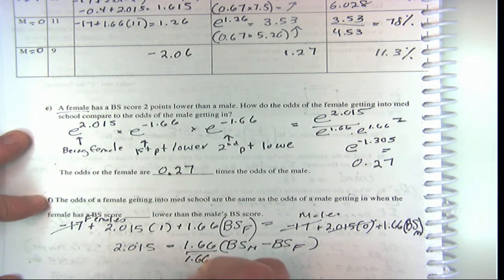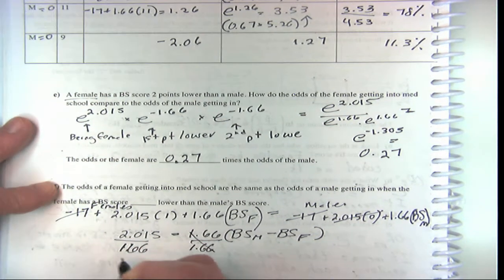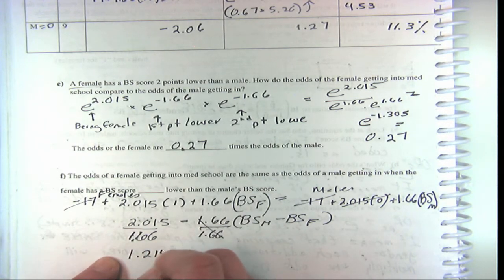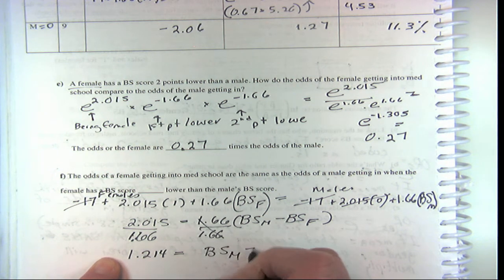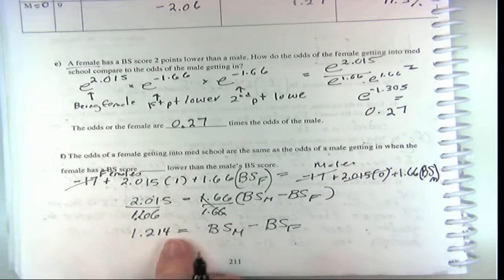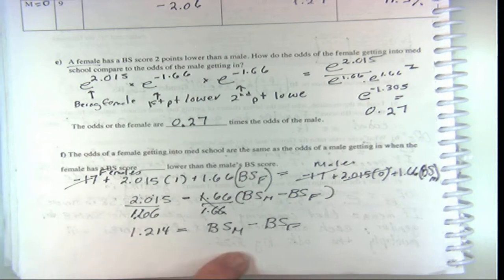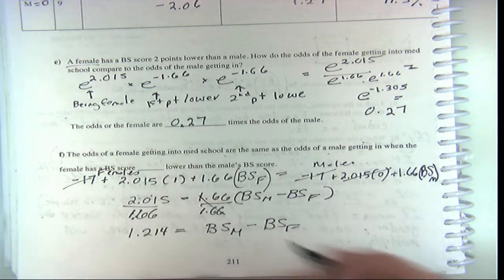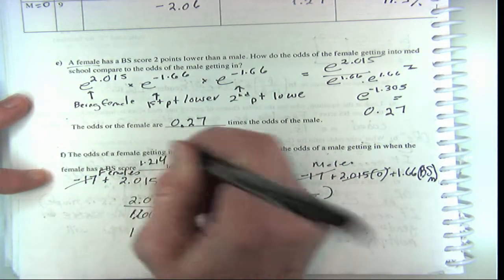We'll divide both sides by that. And that is their difference. 1.214 is equal to the difference between the two scores. When the male has a score that's 1.214 higher, if it was a continuous variable, they would be the same. So when a female has a score 1.214 lower,